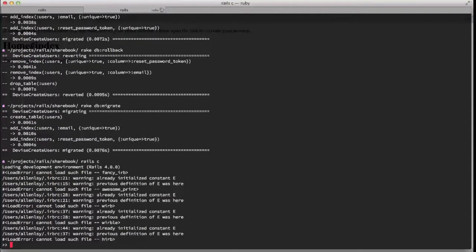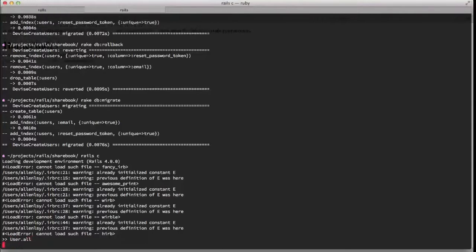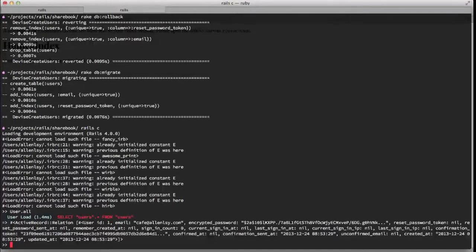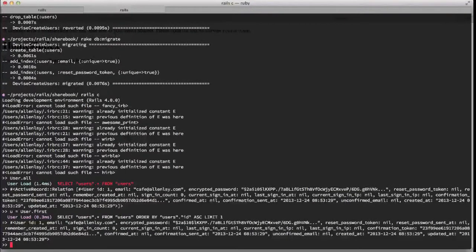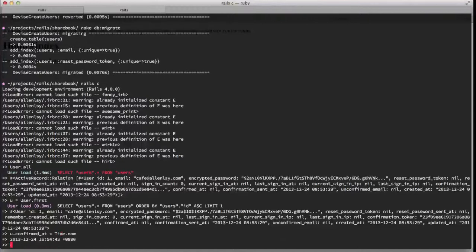And let me list all the users inside our database now by typing User.all. So you can see I have one record here, and the confirmed_at attribute is nil, so I can get this user by typing this one. Get the first user, which is me. Set confirmed_at equals to Time.now, and this is the current time. Merry Christmas, everyone. And I will save this model,